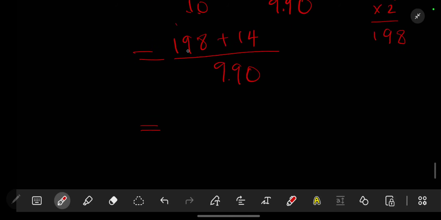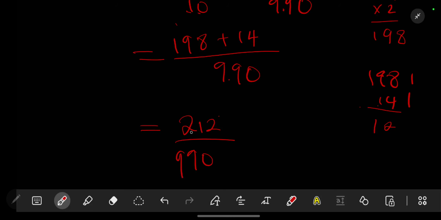So we add 198 plus 14. Okay, let's just add properly. 198 plus 14, 2, remainder 1. We have 10 plus 1, that would be 1, remainder 1. So we have 212, not 20. So we have 212 over